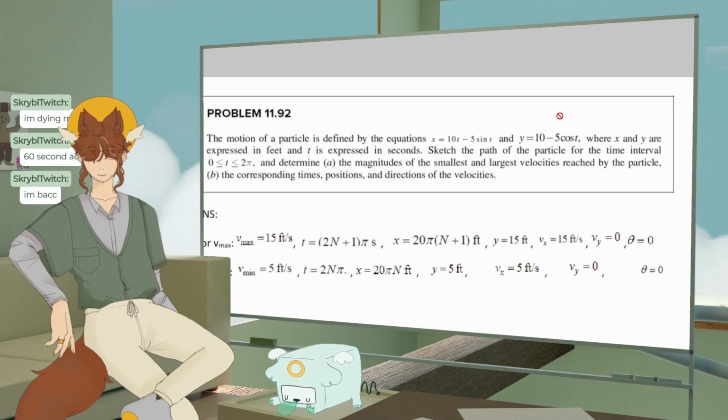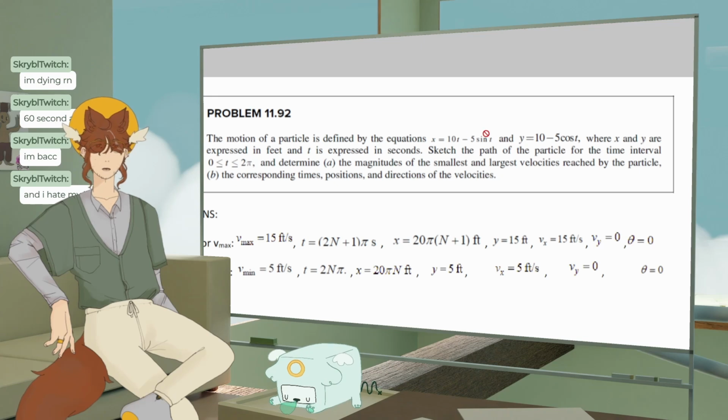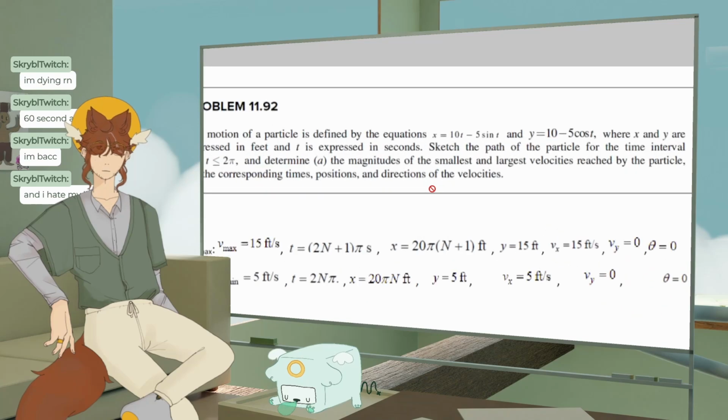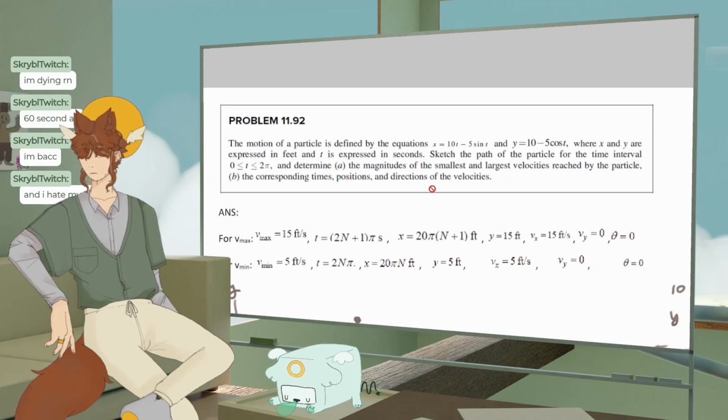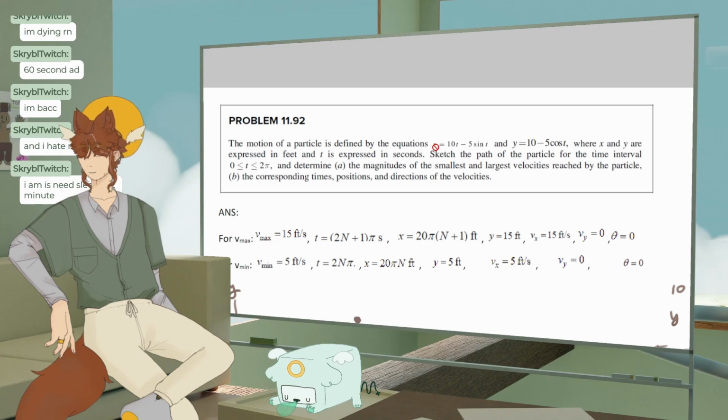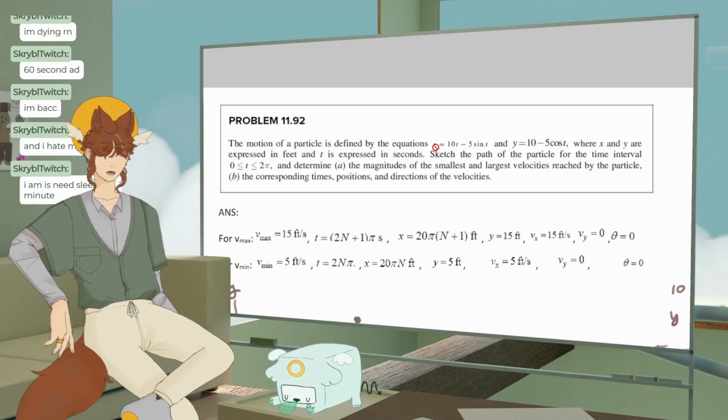I was just saying that this is the problem we were working on last time. We're given an r vector, so a position vector in terms of x and y, related with this time variable t. It's a little parametric, or this is also defined as path coordinates or intrinsic coordinates, two different names for it. I like intrinsic because I feel like path is a little bit